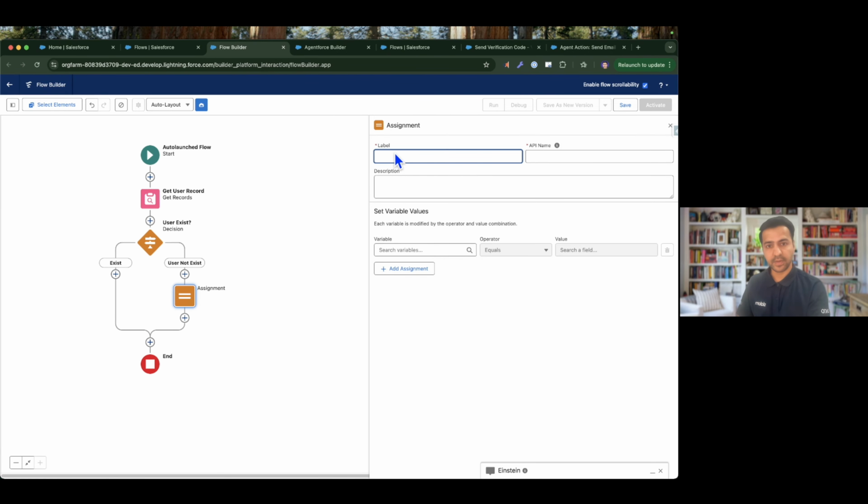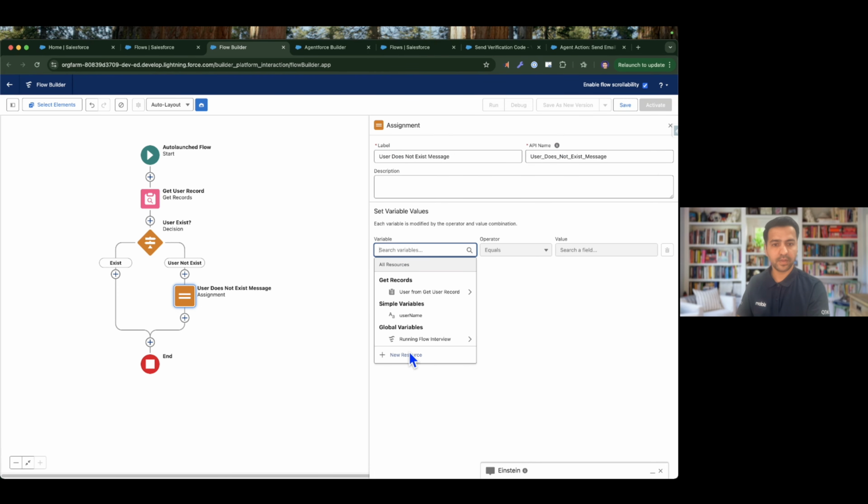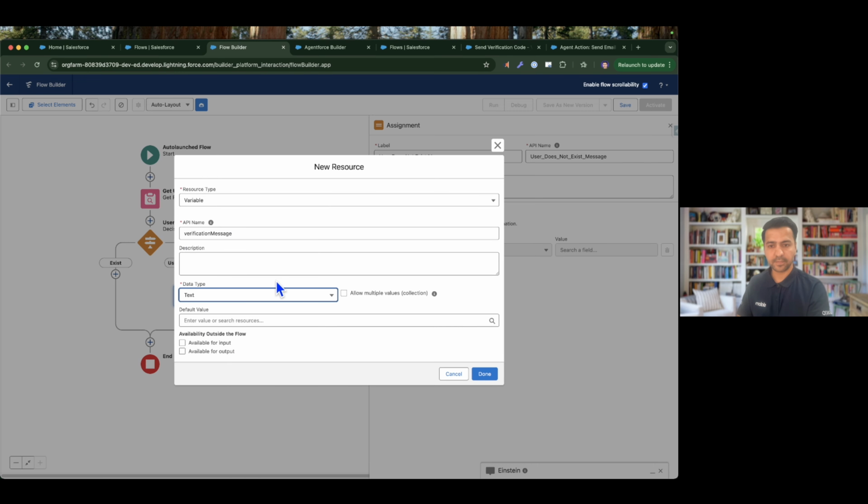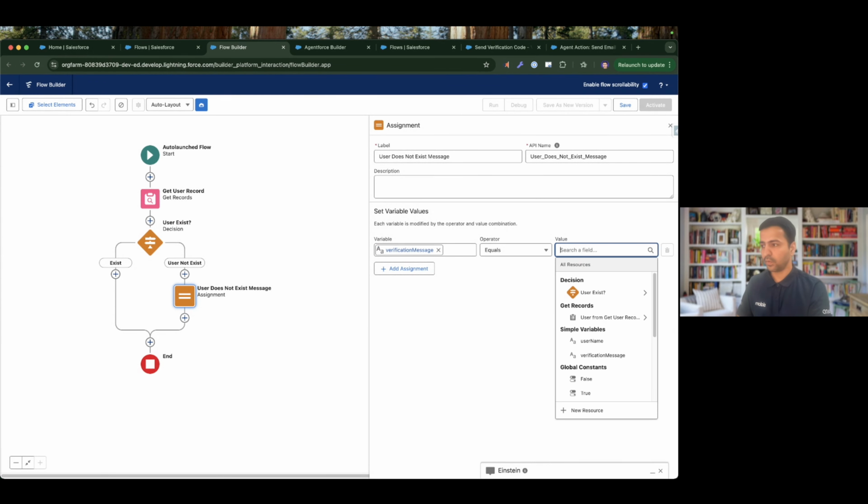So I need an assignment. User does not exist message, and I will create a new variable here. Let's say verification message of type text, and this variable should be marked as available for output because we need to send the message to the agent. And here I'm going to type,